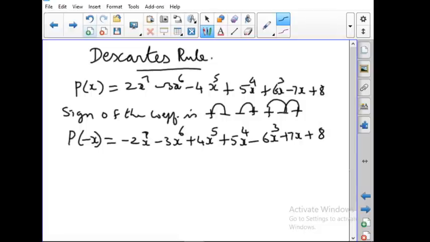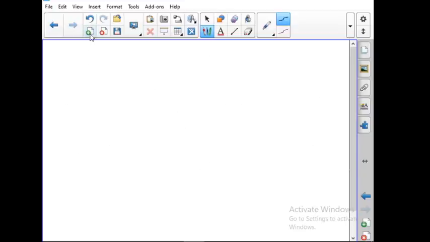So what about the sign changes? Minus, minus, plus, plus, minus, plus, plus. So how many changes? Minus to plus 1, plus to minus 2, 3. So number of changes is 3. So we have 3 negative roots. So 4 plus 3, 7 roots we get. So now looking into the exercise 3.6.